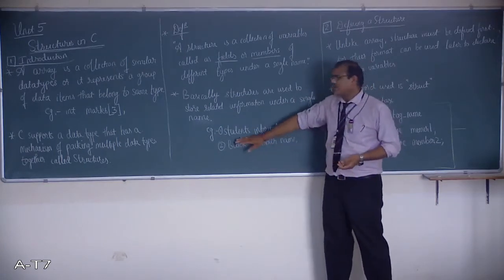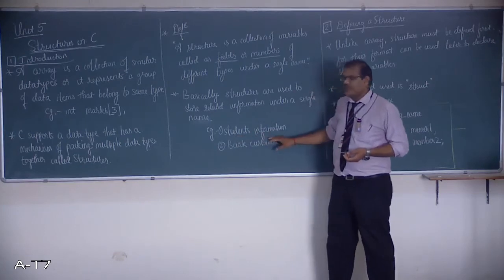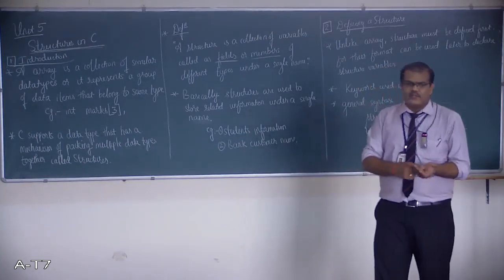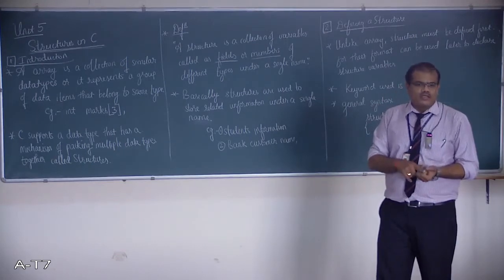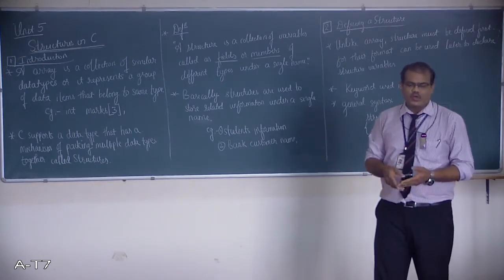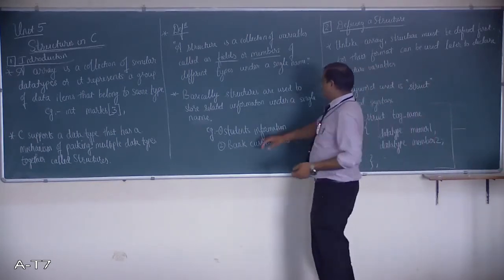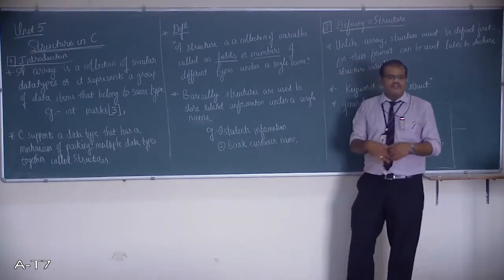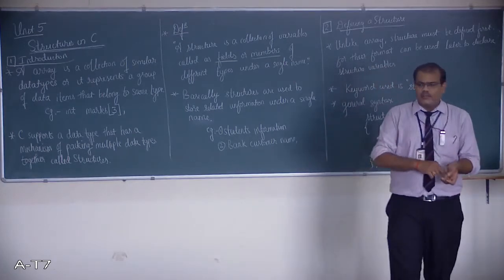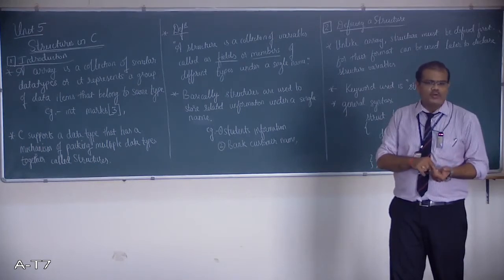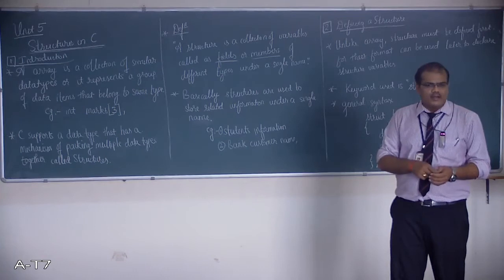Now, you can take an example of student information. What are the student information? What is his name, USN, semesters, what are his different subjects, what he has answered or is about to answer, and so on. Similarly, for a bank customer, we have different types of information, like what is the name of the customer, what is his address, what is his mobile phone number which is linked to the bank, what is his Aadhaar card, PAN card, and so on.